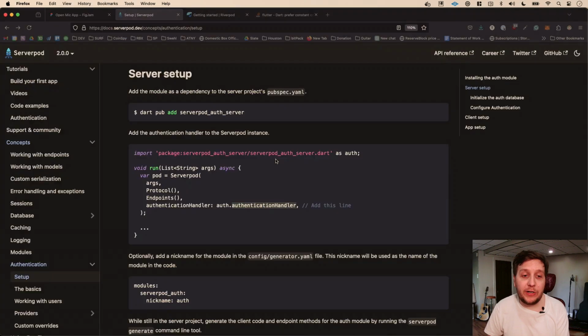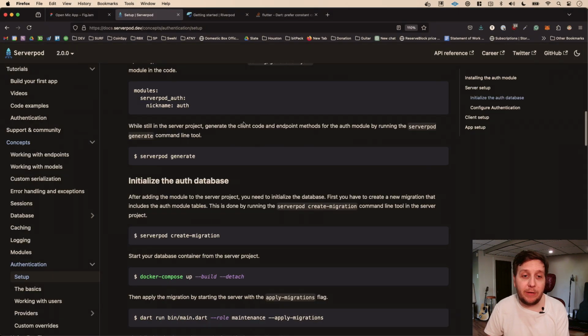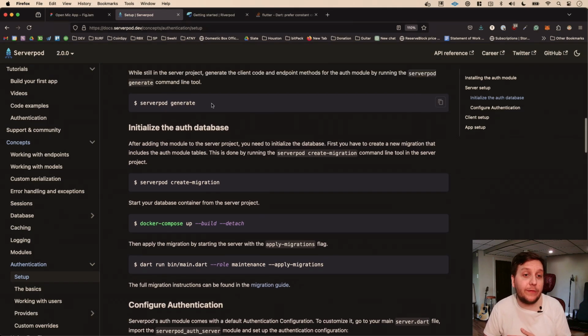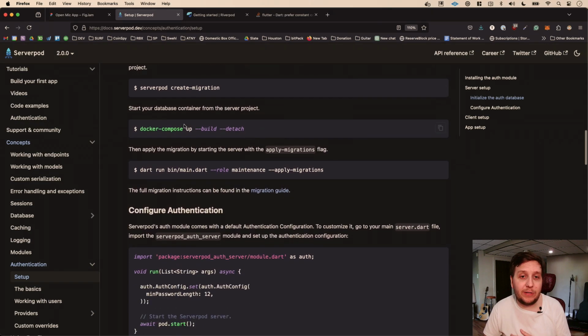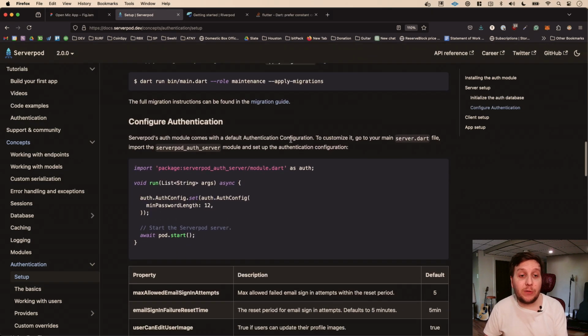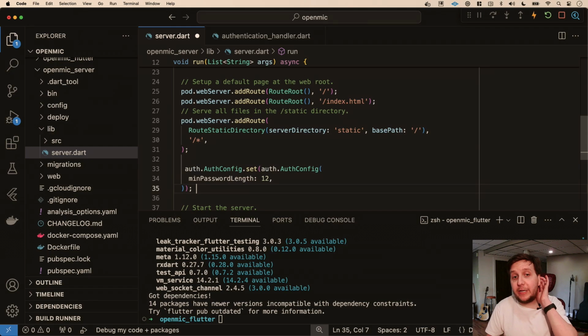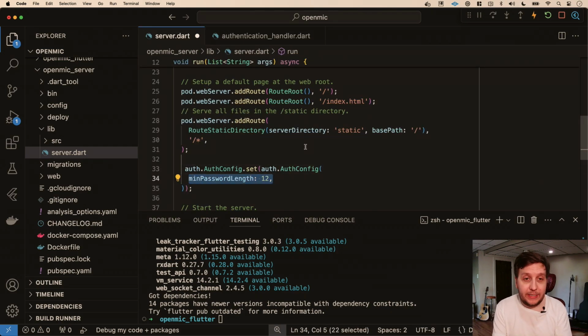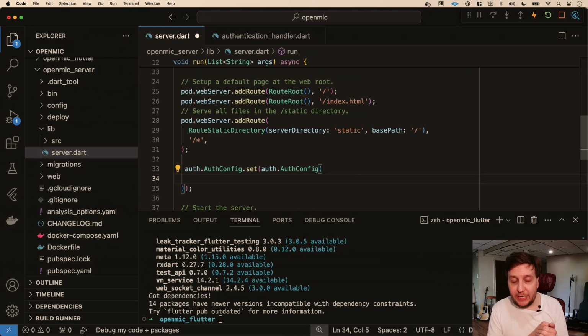Then we want to configure some things about this. I'm kind of breezing through because I know I've done these things. We've done these things. We run the generate. We've created migrations. We've done our compose, but we also want to do some configuration of auth. So I'm going to copy this, and right before we start the pod, we can config some stuff. A lot of cool options in here that we can do, but the main thing we want to worry about now is the way Serverpod works, and it's just a good practice, and a lot of BaaS, backend as a service,